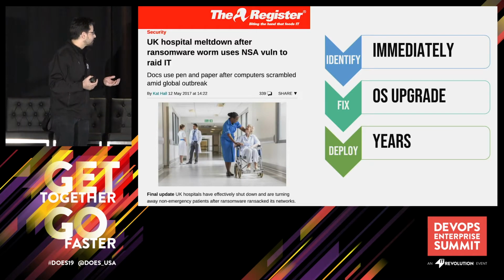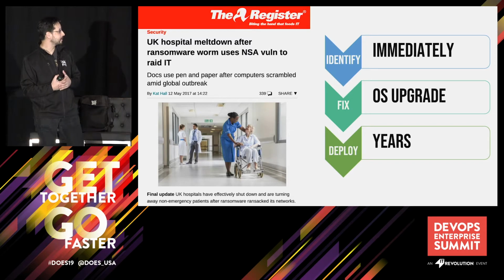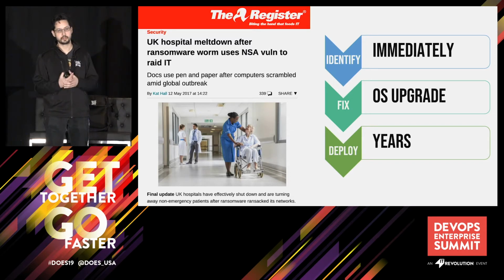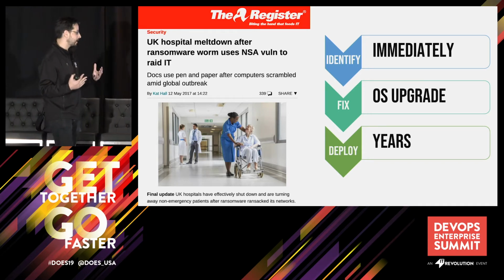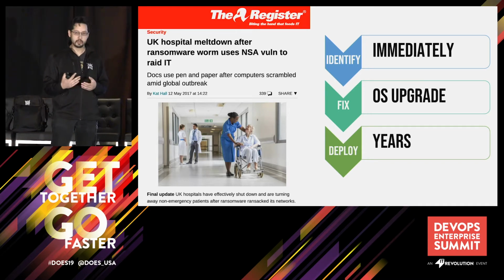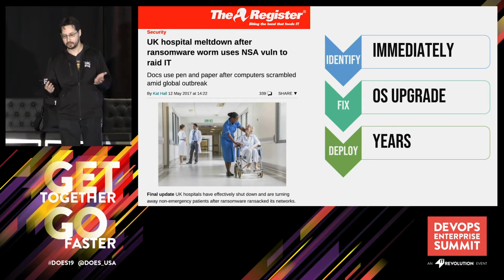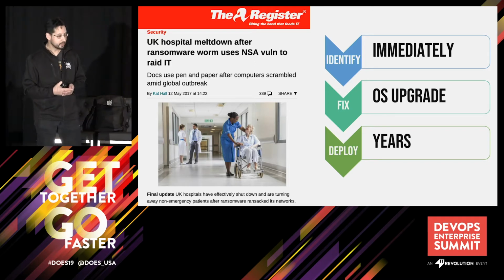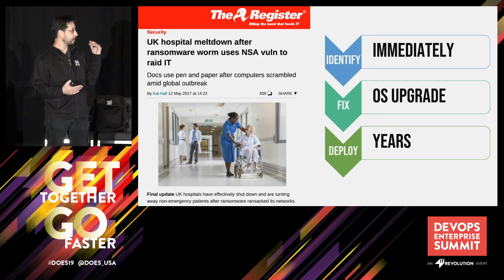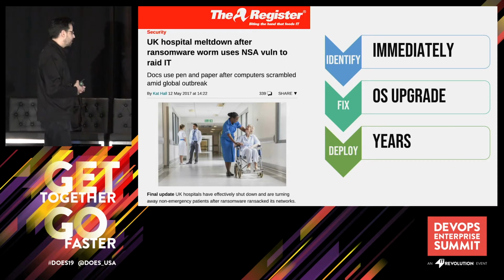So one example is back in 2017, there was actually a shutdown of a UK hospital due to ransomware attacks. So this is horrible stuff, right? They have X-ray machines, they have dialysis machines, they have patients who depend upon healthcare, and their machines were hacked. They had to shut down the hospital. They had to patch this, and it took them a very long time to, obviously they identified it pretty quickly, but then actually doing the OS upgrade and then deploying this took a very long time where the hospital was